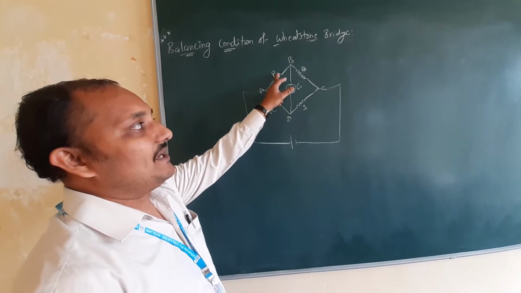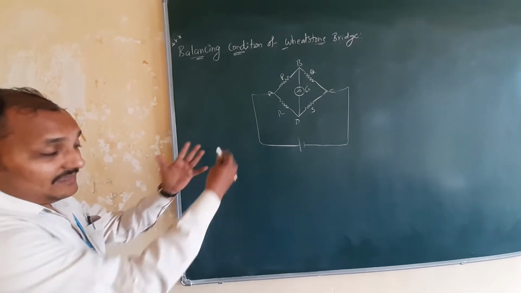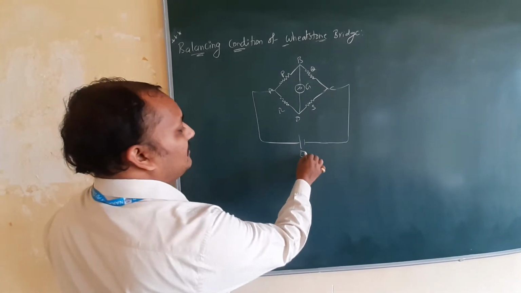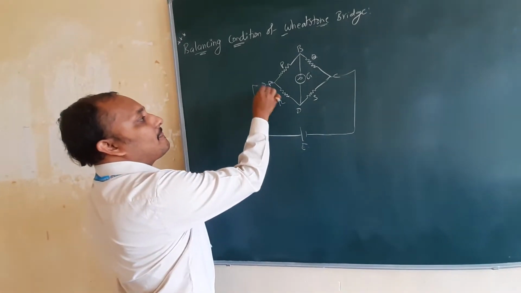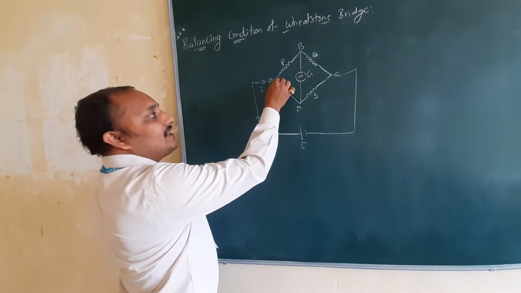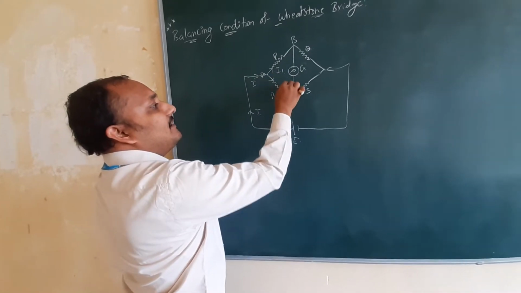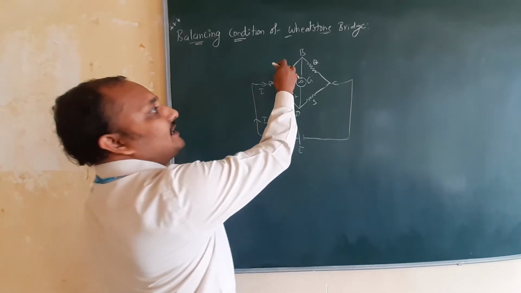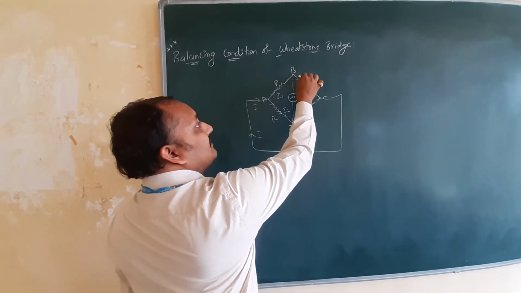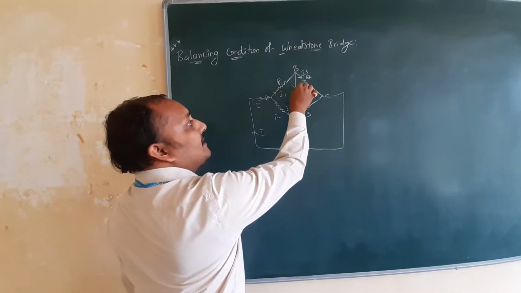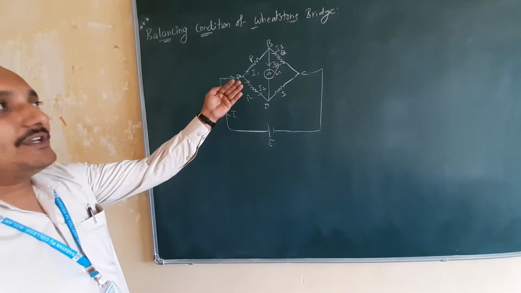Resistance of this P resistor is P. Resistance of this Q resistor is Q. Okay, A, B, C, D is a Wheatstone bridge. This is nothing but a cell of EMF E to provide current I. So after reaching here, this I is going to divide into two parts because A is a junction. Let us say some current I1 is going through P. Remaining current I2 is going through the other arm. I1 is coming to B. At B, again it is another junction. Some current I3 is flowing through Q, remaining current is flowing through G. That is nothing but IG. IG is the current flowing within the galvanometer.